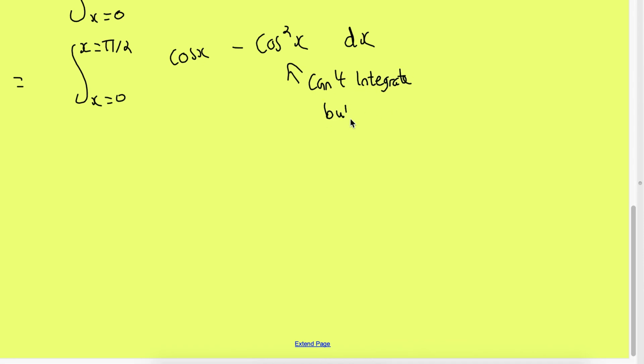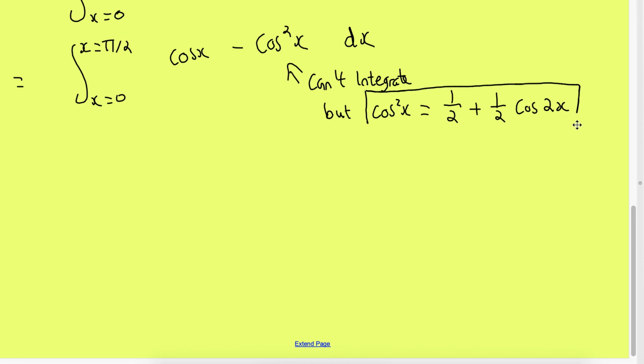But cos squared x has an identity which is a half plus a half cos 2x. And cos 2x is something I know how to integrate. Cos squared and sine squared I can't integrate. Cos 2x, sine 2x, sine 4x, whatever, is something I can integrate. Right, so I'm using this trig identity. Right, and the identities are on the formula sheet. They might look slightly different, but